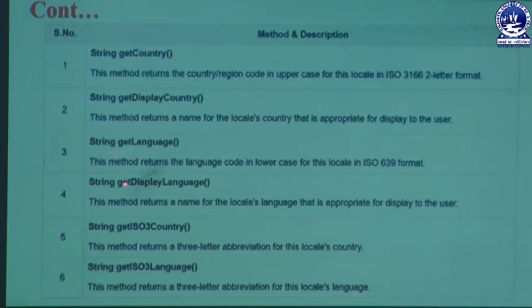The next, fourth method is known as getDisplayLanguage, which tells which type of language is used in our website, that may be English, Hindi, whatever. This method returns a name for the localized language that is appropriate for display to the user. The next method is named getISO3Country, which returns a String type value.